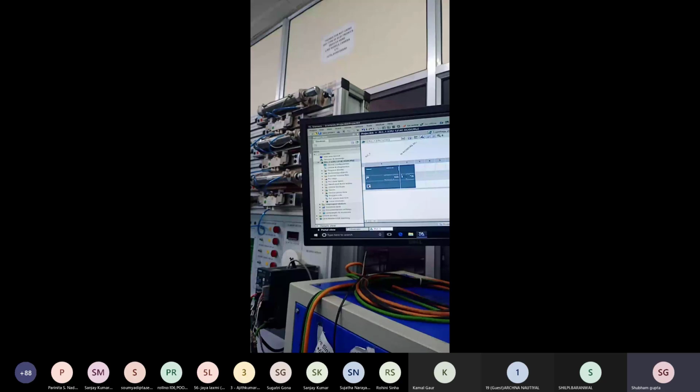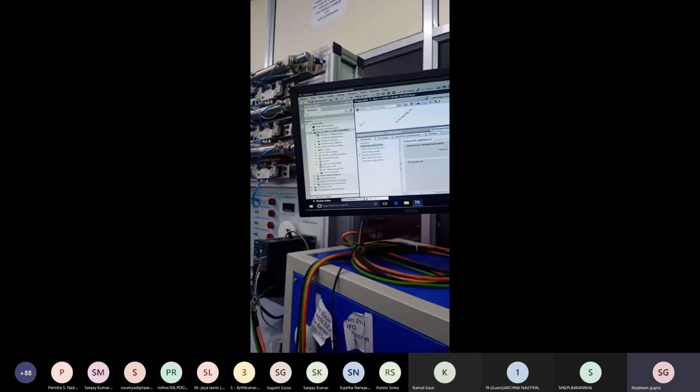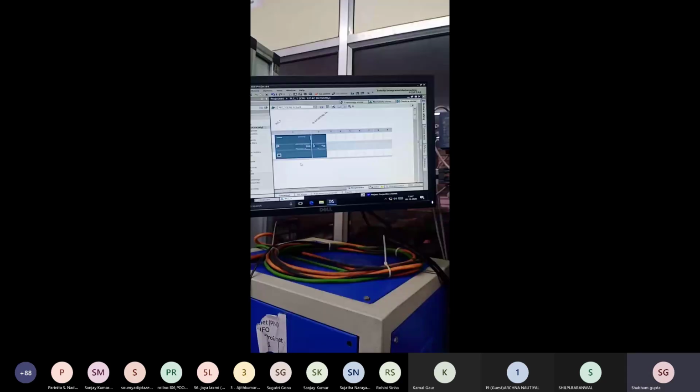Why are we providing this IP address? Anyone say? When we operate computers, every time our specific individual IP address will be there, no? For the internet and all. Yeah. Okay. Here it identifies the specific PLC.